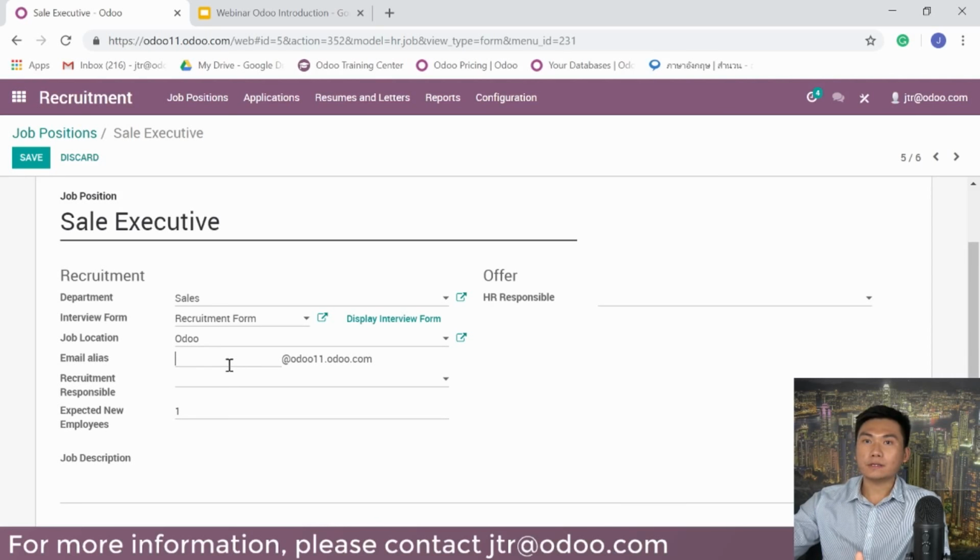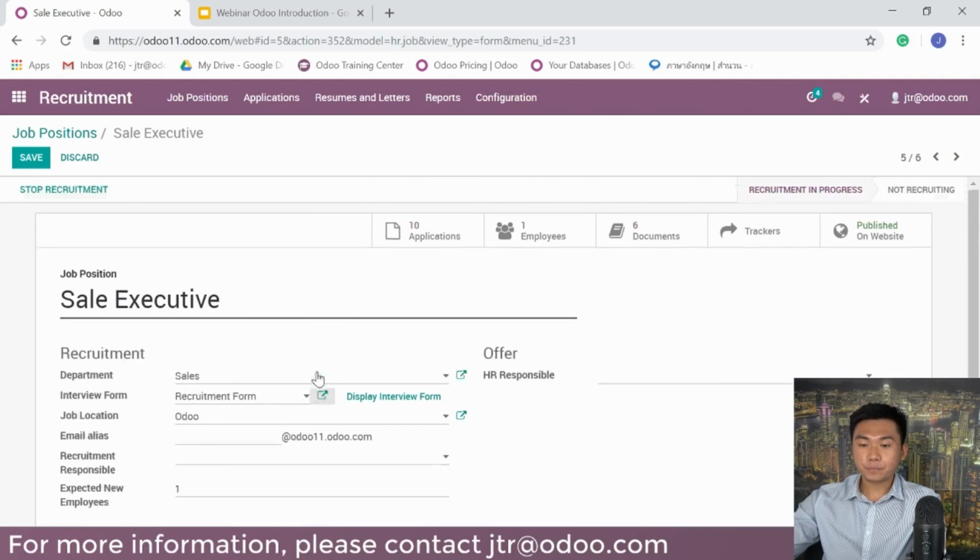Whenever a candidate comes in, they can just submit their application to the specific email, and it will pull all the information into the database. Okay, so